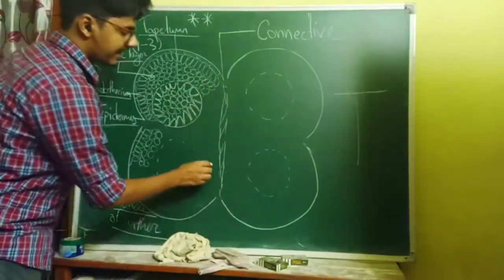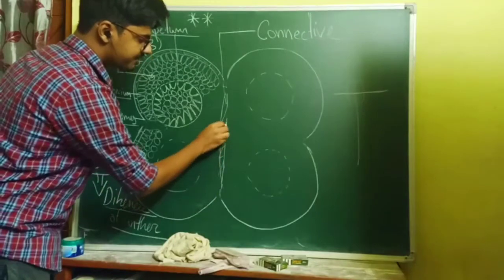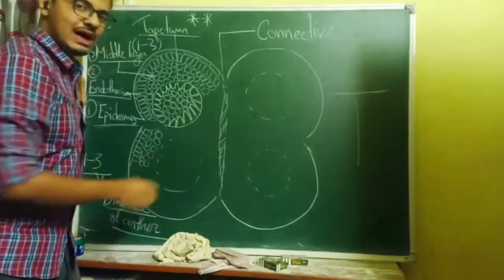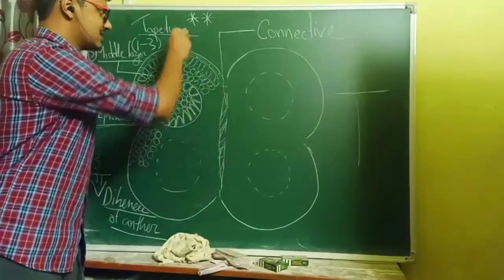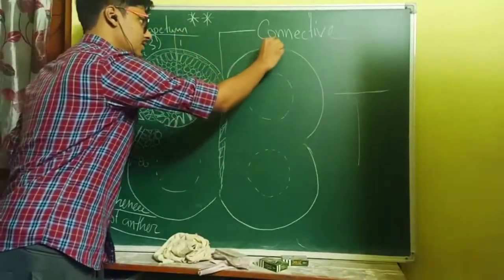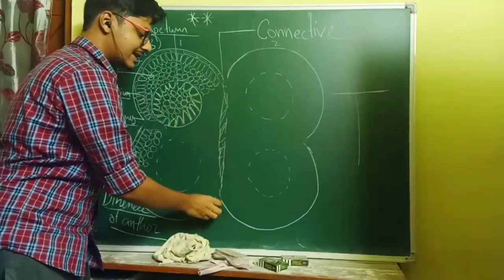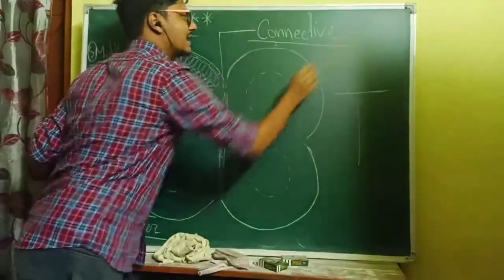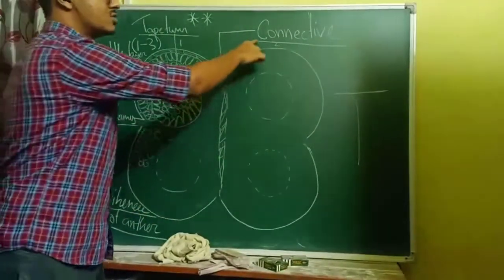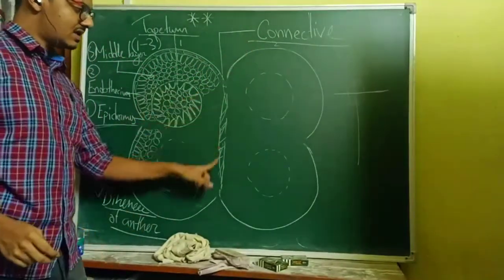Okay, this is one thing I have drawn. I also mentioned last day that the 2 lobes of the anther, this is lobe number 1, this is lobe number 2, are connected by a sterile tissue. This sterile tissue is called the connective, right? In the last video we also mentioned the connective. So this is our connective.